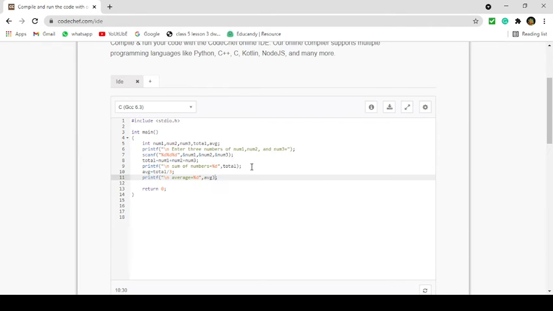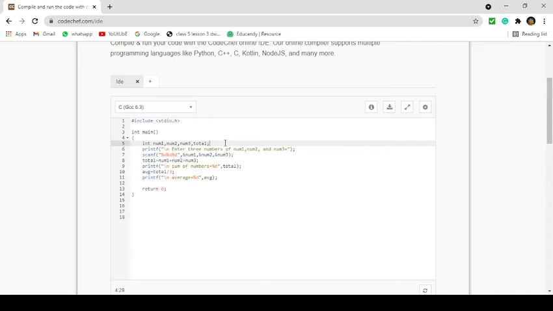AVG. Here you can see I am taking the percentage d format string because I am taking an integer data type for the average variable. But if you think the result will be in decimals, then you have to use a float variable like this.